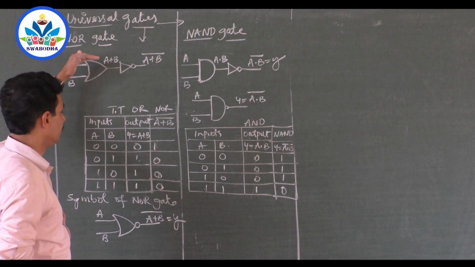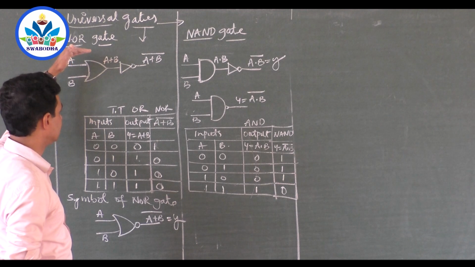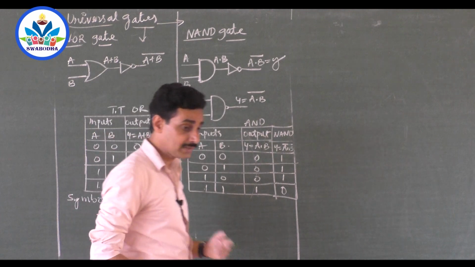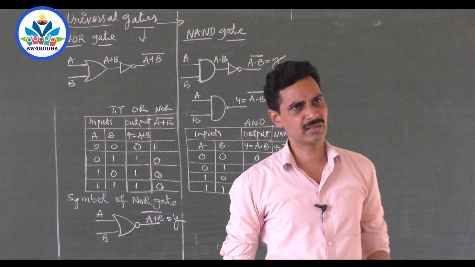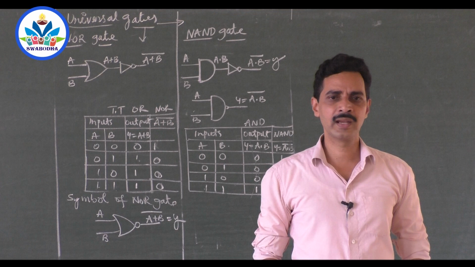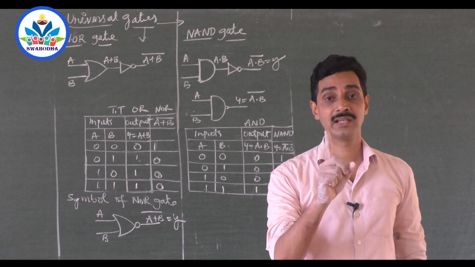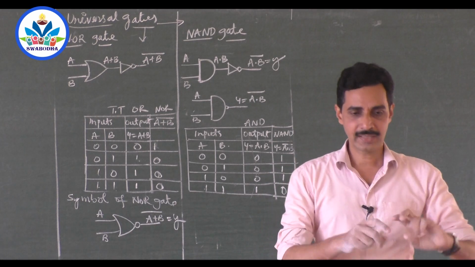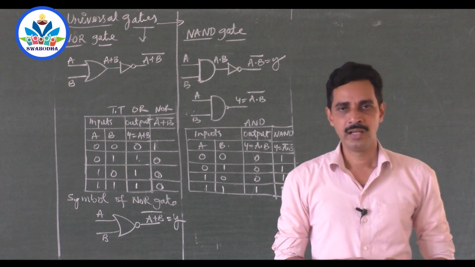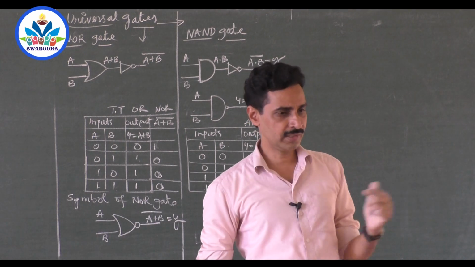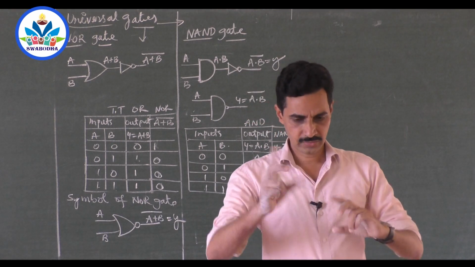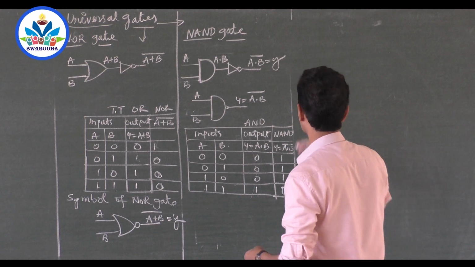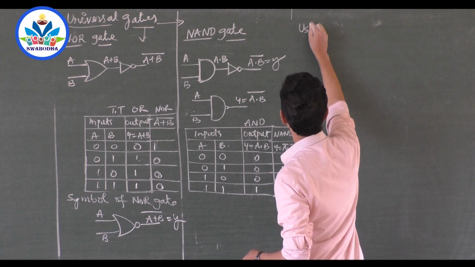First we will try to construct a NOT gate using the NOR gate. Sir, can we construct a NOT gate using a NOR gate? Sir, the NOR gate has 2 inputs, but the NOT gate must have only 1 input. What will we do, sir? Tie the inputs together, short them. Now you will have only 1 input. When both are tied together, both will have the same input. So tie the inputs of the NOR gate.